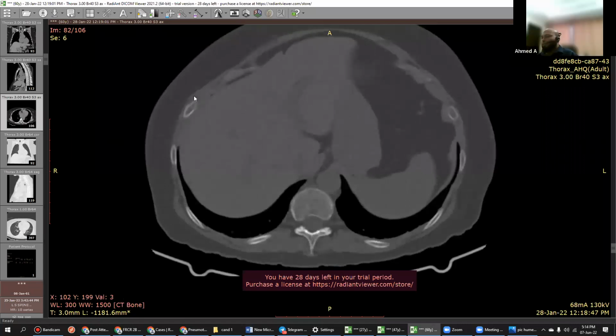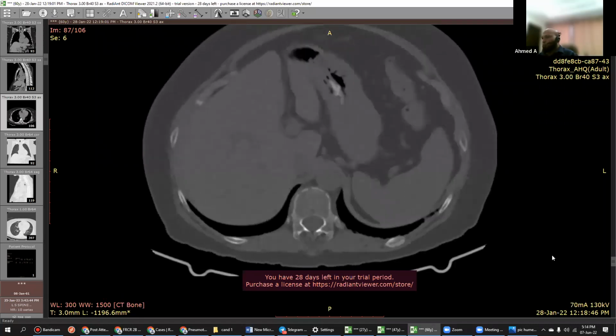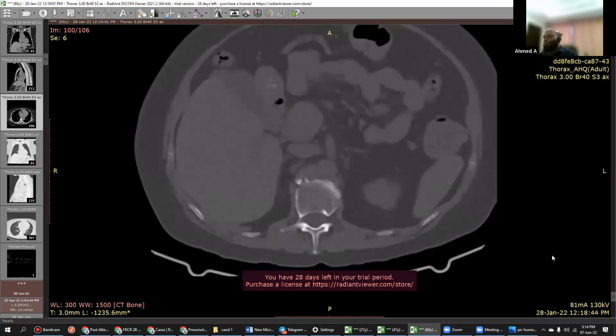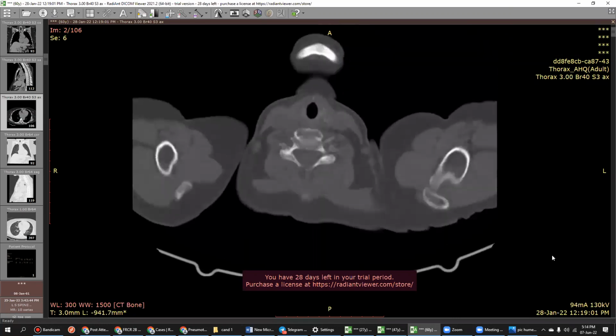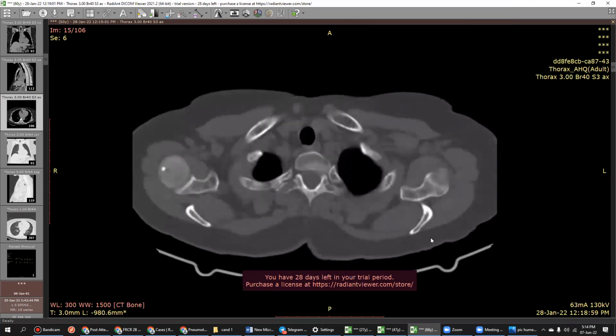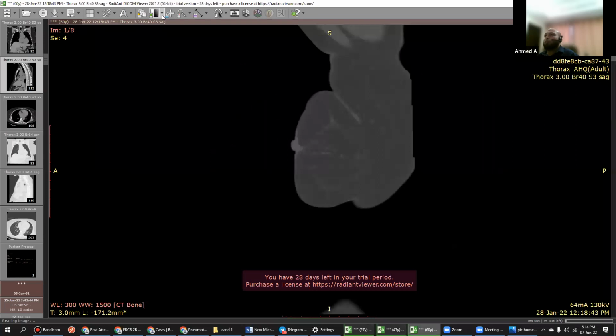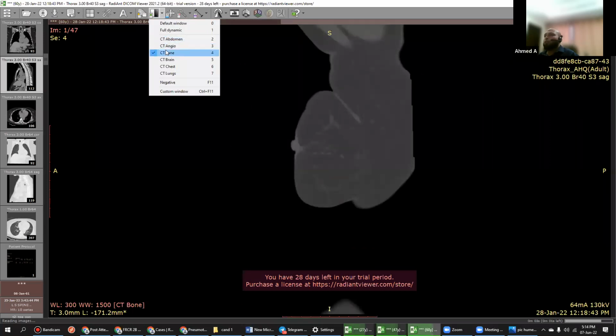There is some irregularity in the ribs here and there. That is the costochondral junction and that could be movement artifacts. See the vertebrae? Okay. I hope someone is keeping time. Okay, I'll help you again. Okay, you haven't seen anything on the axial. I'll help you with the sagittal because we don't have time. Yeah, you can scroll.